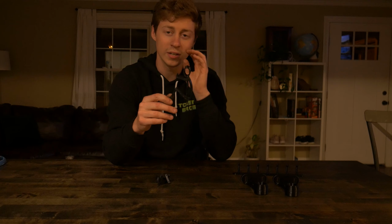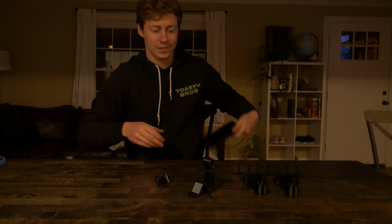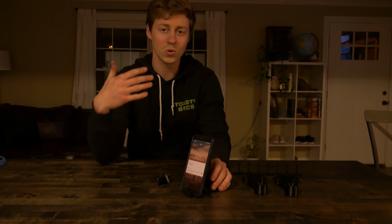Number 2, really quick and easy print, and also comes in many shapes and varieties. This is a phone stand, really basic. This one's fun. It's a little person, but this one is nice because I do a lot of streaming over